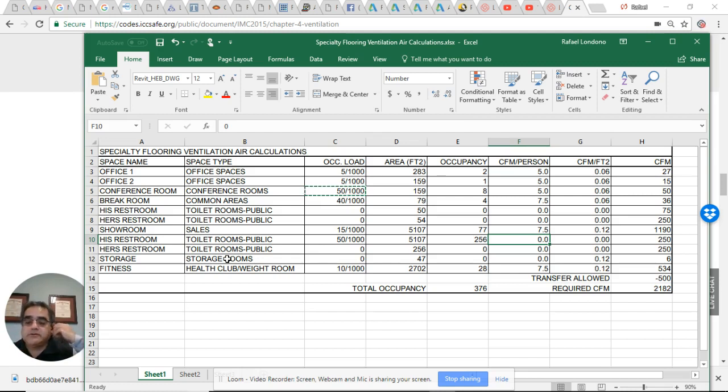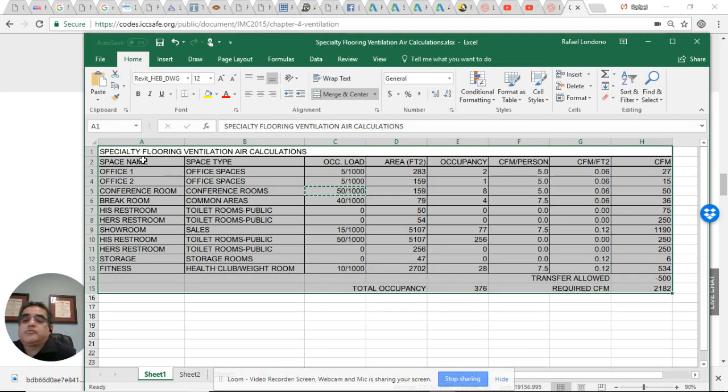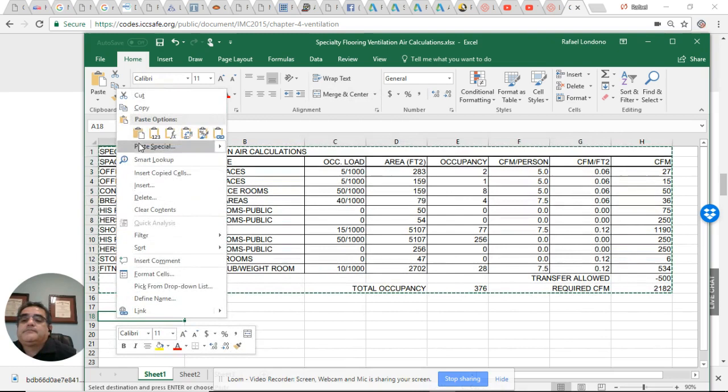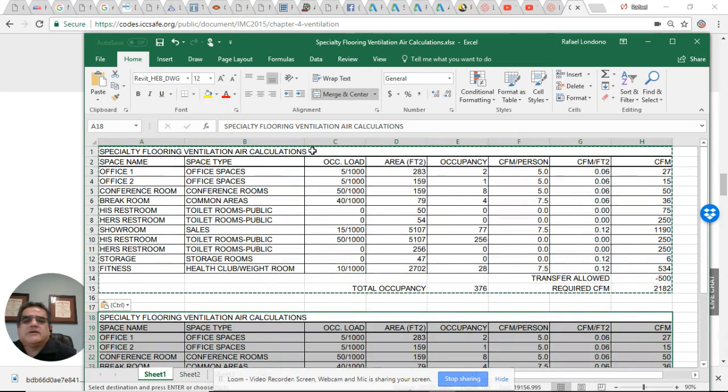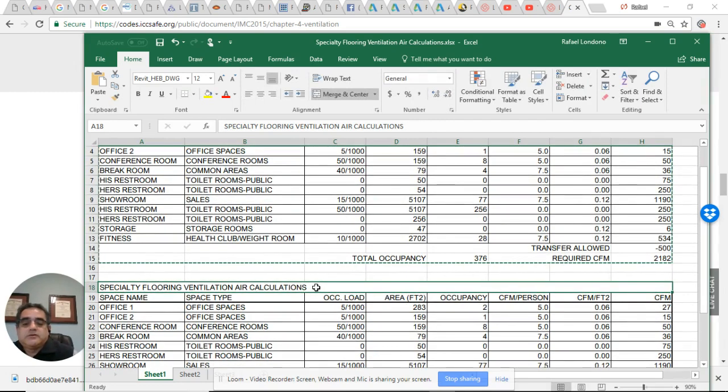What happens now is, of course, remember we copied this from somewhere else, so we already have his and hers restroom. We really don't have storage or fitness because we have 2 buildings. I'm going to treat them separately here for the ventilation air calculation purposes. I'm going to copy this and paste it down here. So I have the same thing, but I'm going to label this one building 1. I'm going to label this one